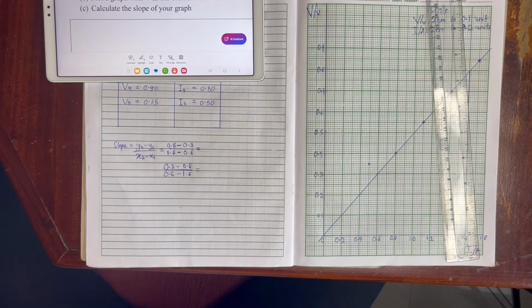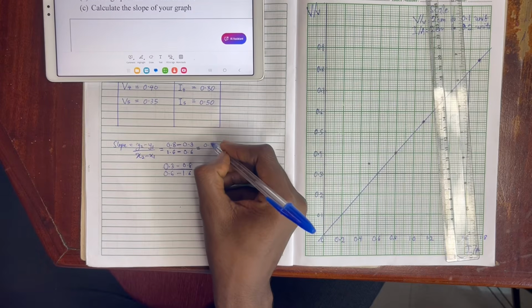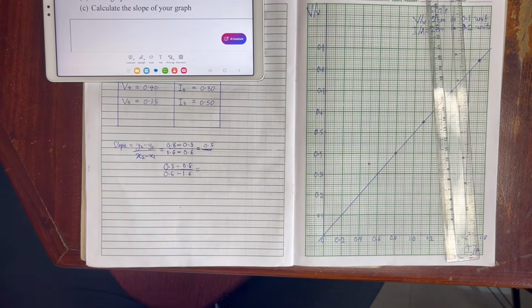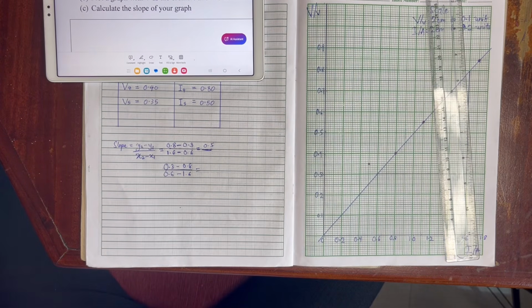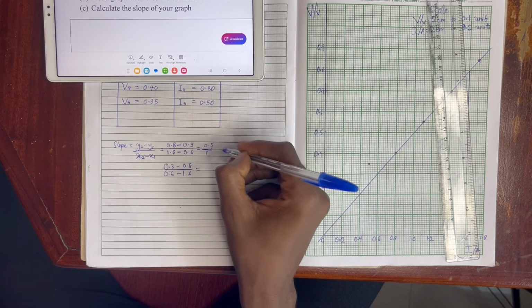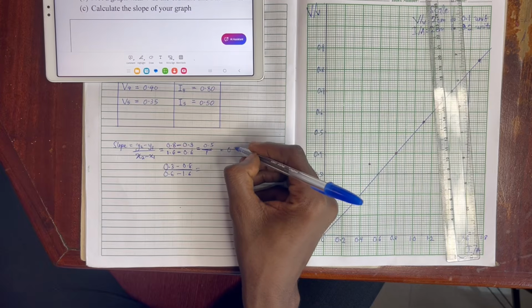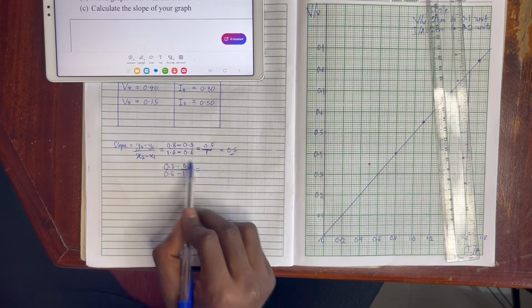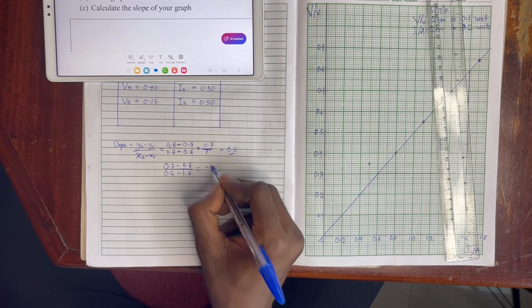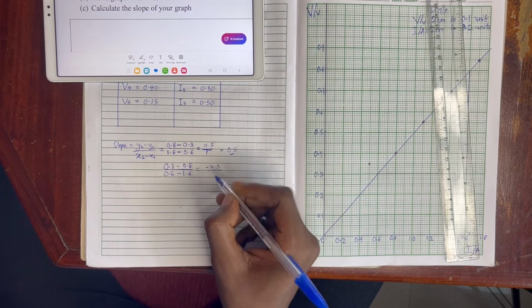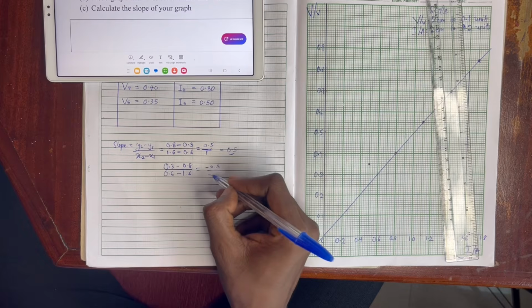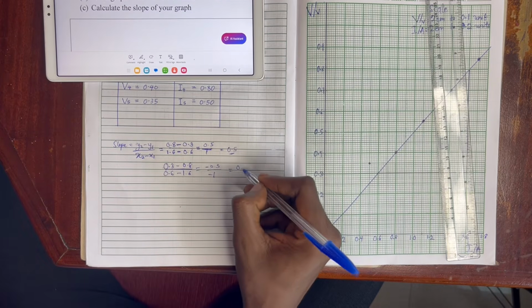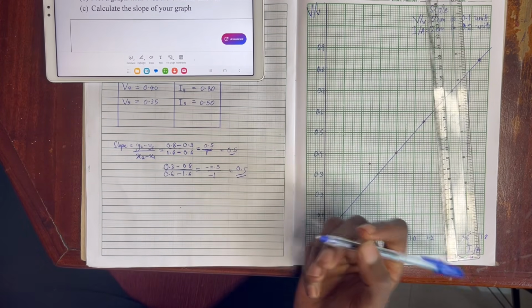So 0.8 minus 0.3, I'm getting 0.5 over 1.6 minus 0.6. I'm getting 1. So my slope is 0.5. Now, for 0.3 minus 0.8, I'm going to get negative 0.5 over 0.6 minus 1.6. I'm going to get negative 1. So I'm going to get 0.5 as well because the negatives will cancel out. Now, mind you,